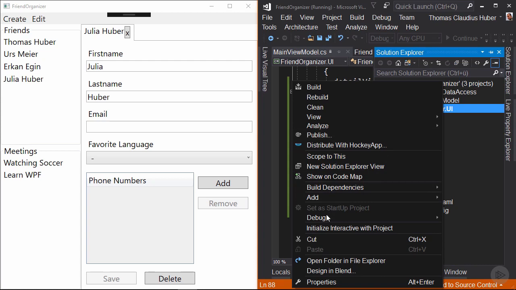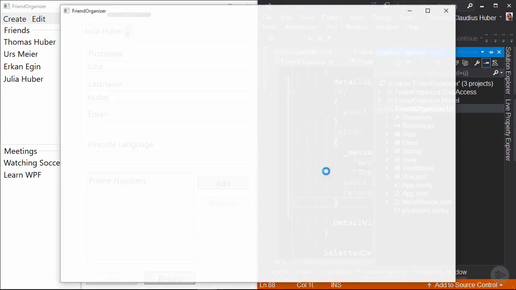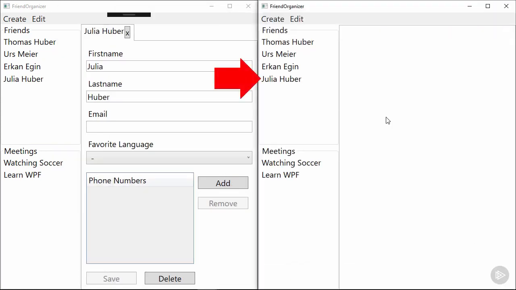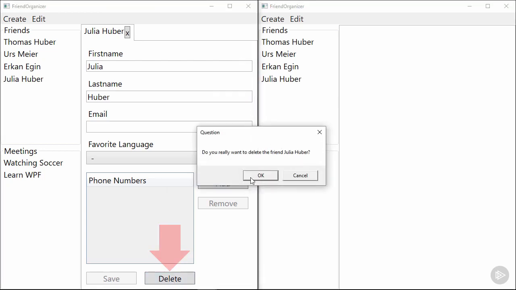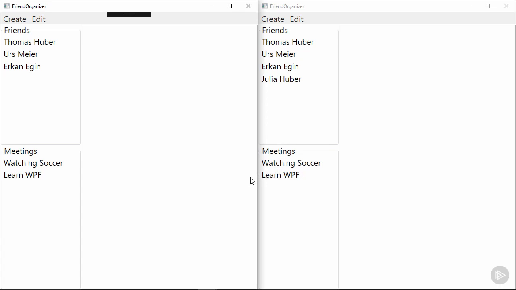Now I start another instance of the Friend Organizer application. On the right side, I don't open up Julia Huber, but on the left side, I delete this friend. Now Julia Huber doesn't exist anymore in the database. Let's see what happens when I click on her in the navigation of the Friend Organizer application on the right